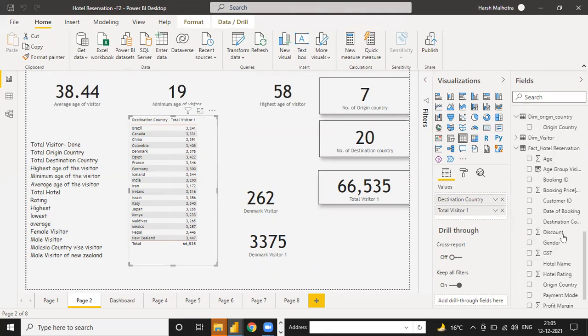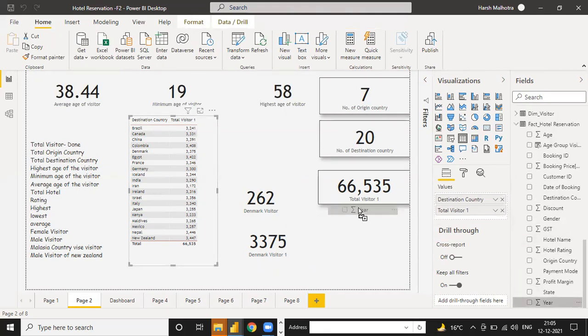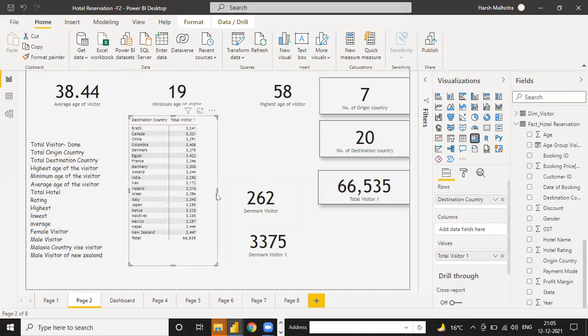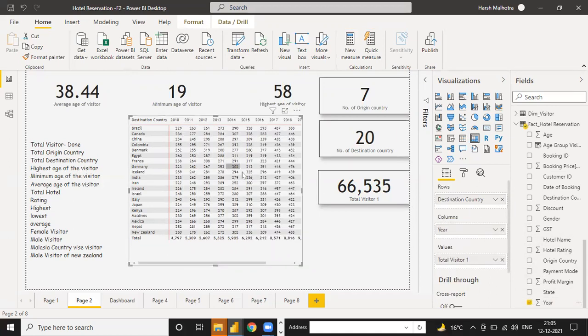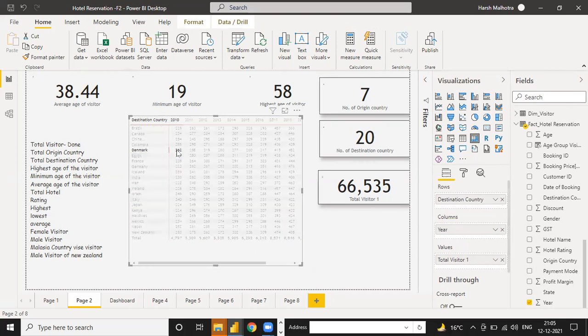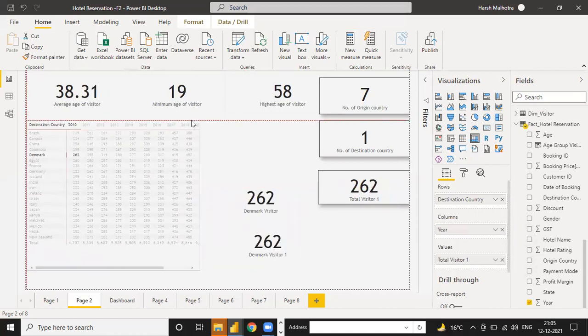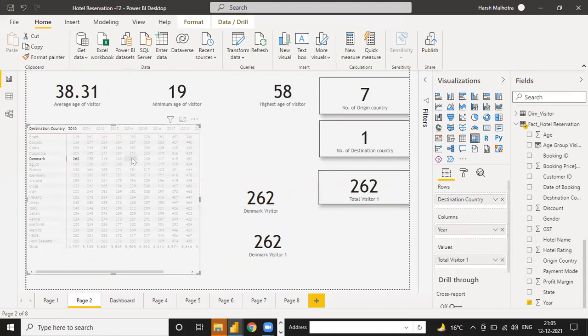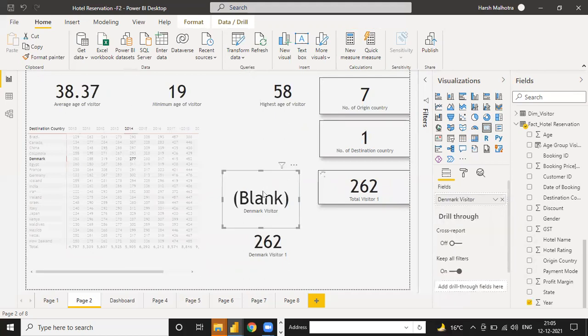You can select year also from this table, or select this. Under this column, use this year. See, 2010 of Denmark is 262. So now this answer is automatically done. Denmark 262.